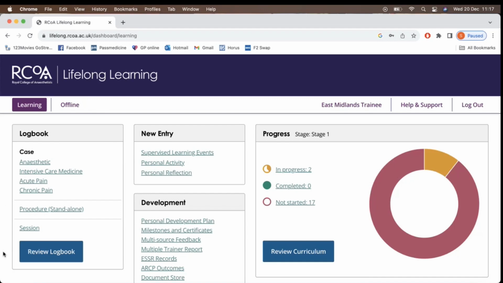There are obviously lots of options under this domain here. The one you'll use most often is the anaesthetic one. Obviously, we are anaesthetists, and this is the one that we'll cover in the most detail. Intensive care medicine, you can use this as a way to record all of the patients that you see when you're on your ICU placement. The only thing about using this is it wants you to record it per patient, which in practice, when you're on ICU,